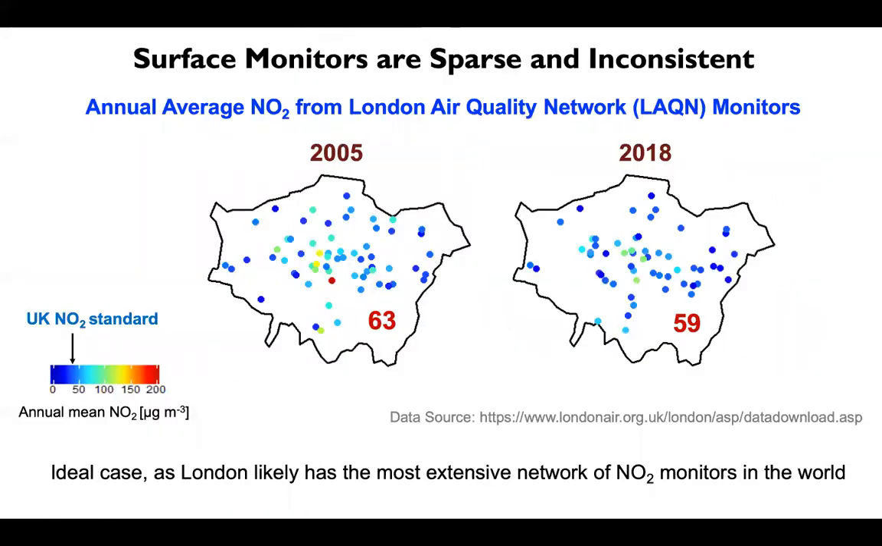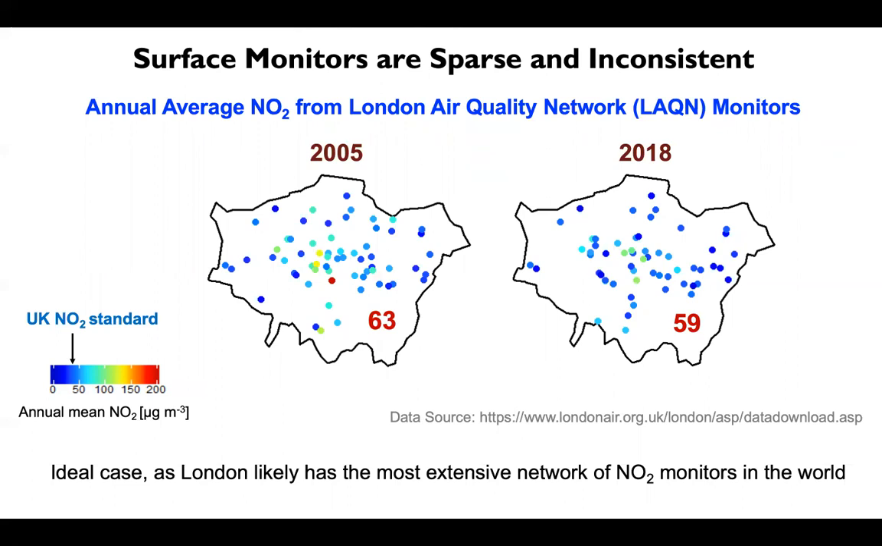The reason that I'm processing Earth observations to convert them to useful information is because surface monitors are sparse and inconsistent. Here I'm showing you a really ideal case. London is probably the most widely monitored city in the world, and the most widely monitored pollutant is NO2. NO2 is hazardous to health. We have standards that are imposed to regulate NO2. The UK NO2 standard is 35 micrograms per meter cubed, and it's indicated on the color bar to show that values that are lighter in blue and move towards the yellow, orange, and red portion of the spectrum are